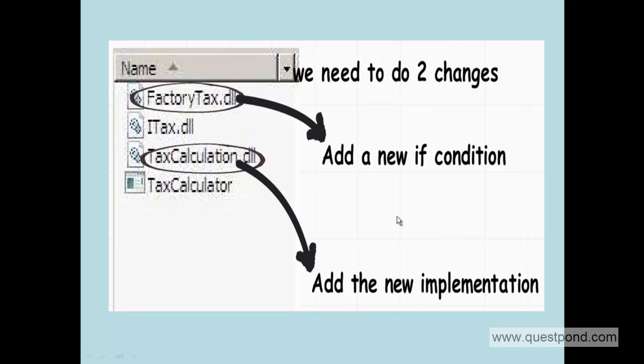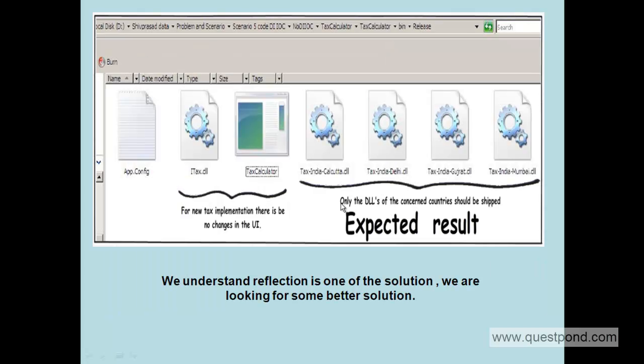The first improvement is that this application is installed across South Asia in different regions, right? Currently, all the logic is going into only one DLL called tax calculation.dll. Now what I would like is, if this installation is happening on some Indian user's desktop, I would like to see a view something like this.